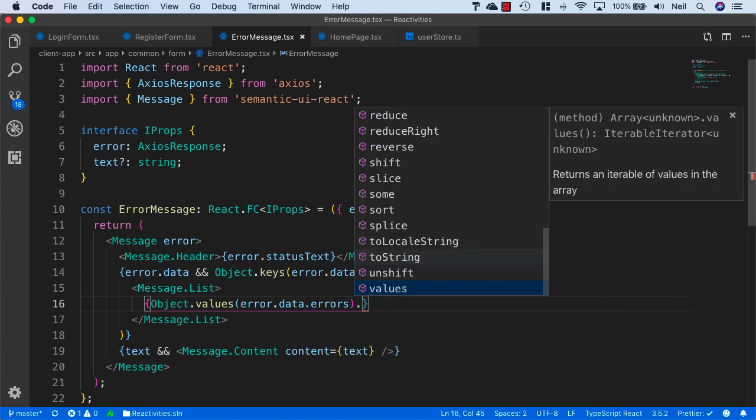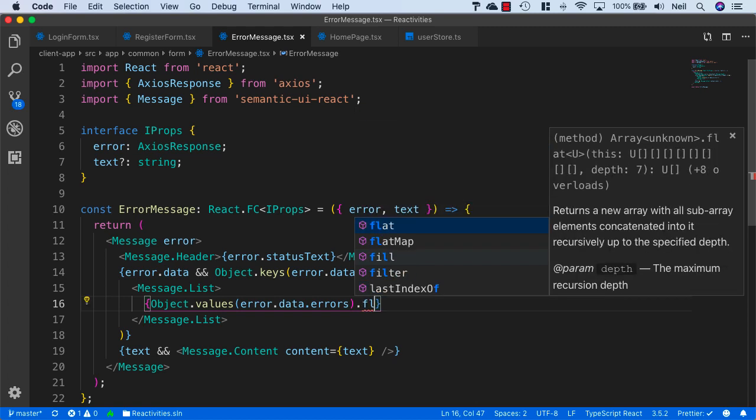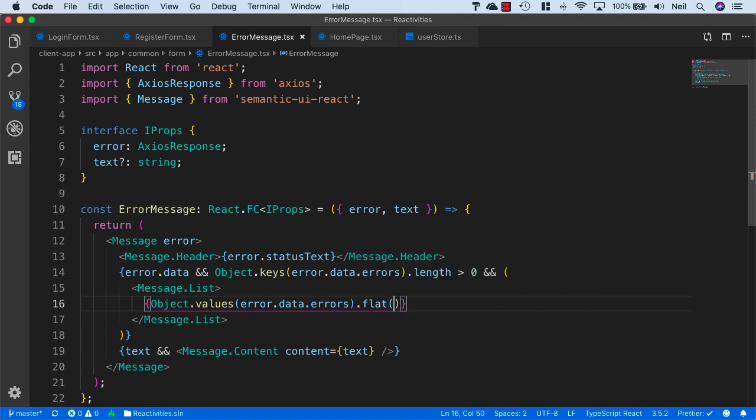And then we can use an array method on this, and we can use the flat. And this is going to return a new array with all sub-array elements concatenated into it recursively up to the specified depth. Now our errors are only going to go 2 deep at most, so we'll just use the flat as it is,